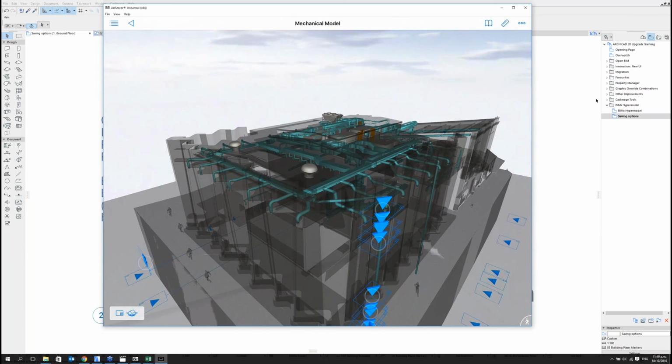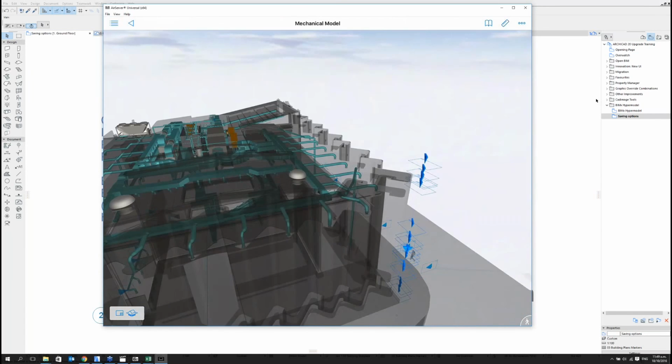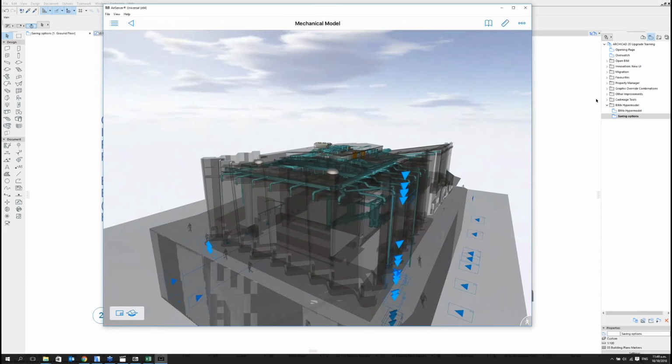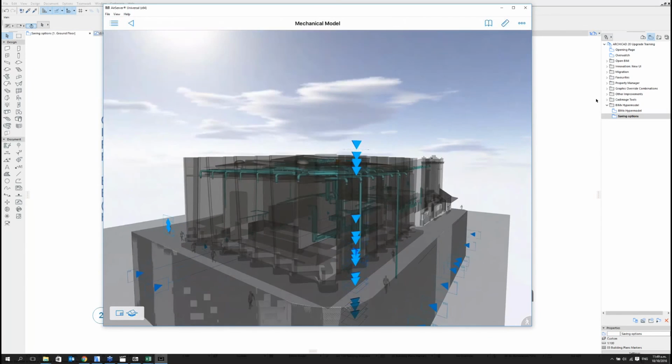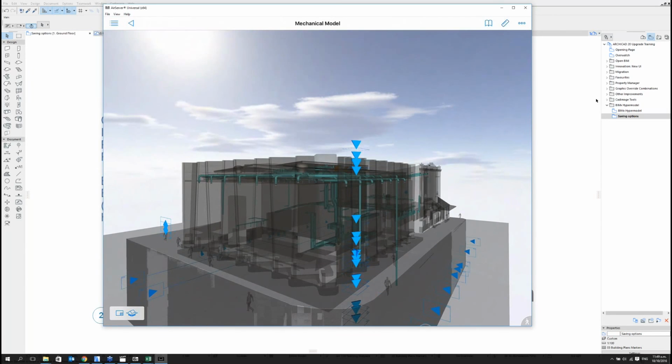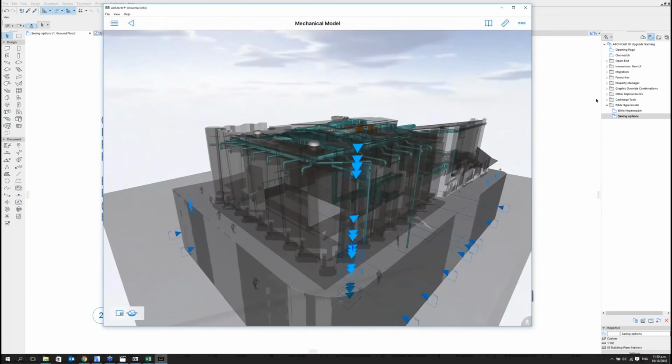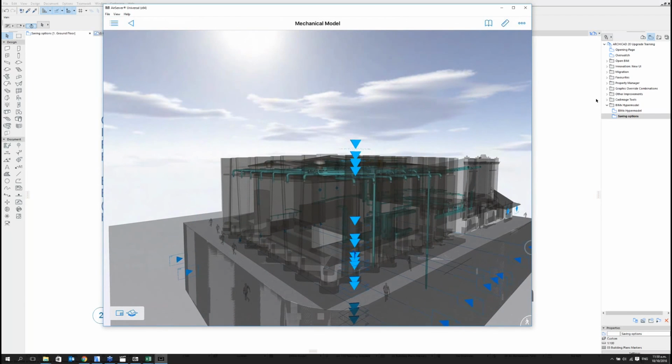After creating that property, maybe you could have created a new graphic override, and the graphic override would say that if the element is part of the MEP model, it will be overridden with this teal color, and if the element is not part of the MEP model, it will be overridden with this crystal